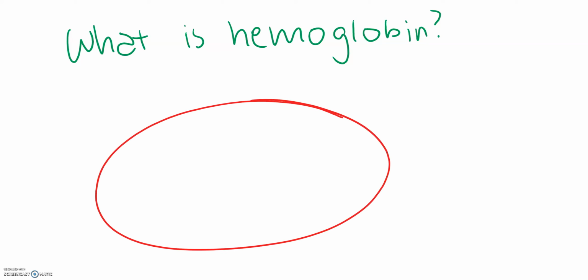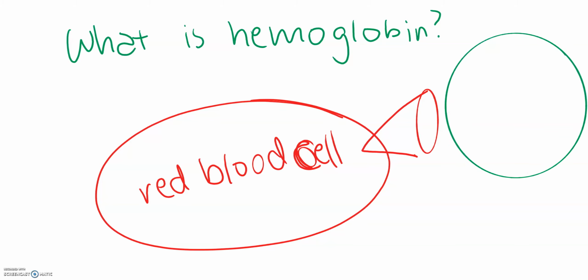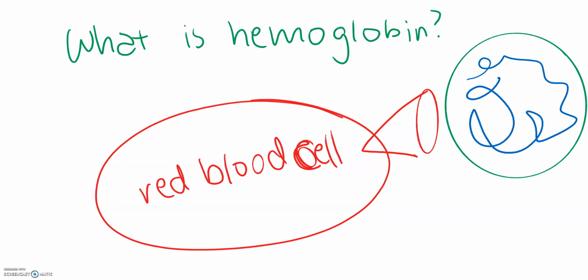So in the red blood cell, we'll take the circle, and yes, it will be the red blood cell. Inside the red blood cell, there's a protein. And this will be represented by this blue squiggle. Yes, a blue squiggle. This is in charge of transmitting oxygen all throughout the body, which basically allows us to live. So without it, that's going to be a problem.